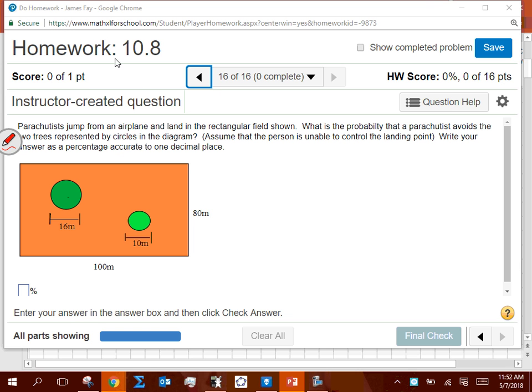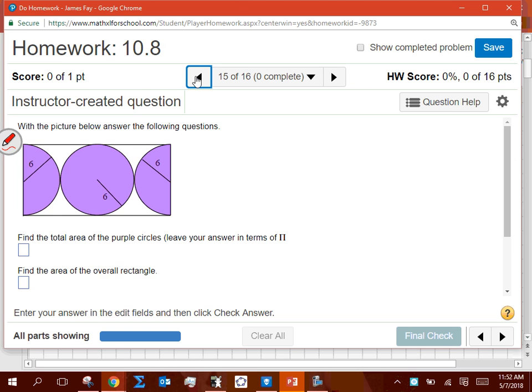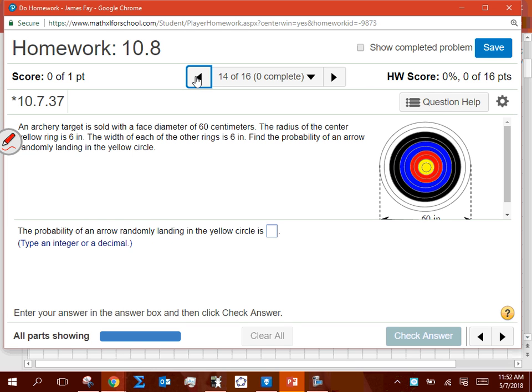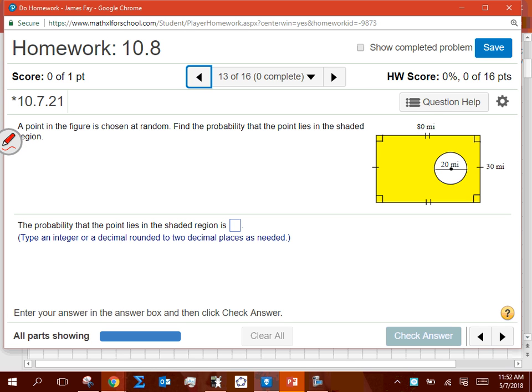Any others on here? Feel like we get the hang of this? It's not too bad. Okay. Hopefully you realize that it's getting you to focus and kind of rehash